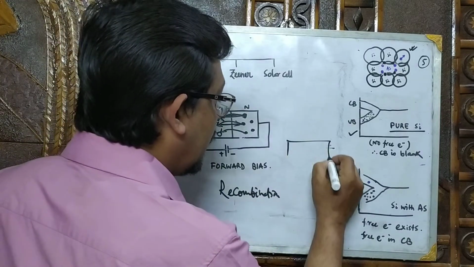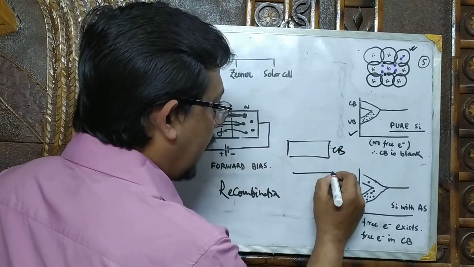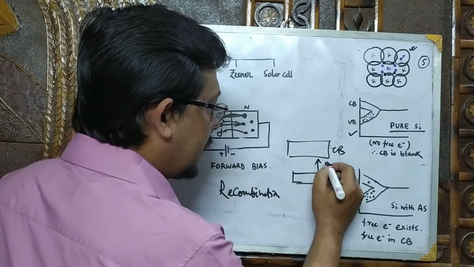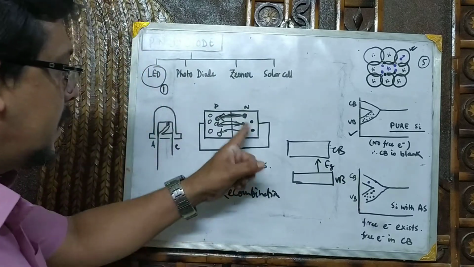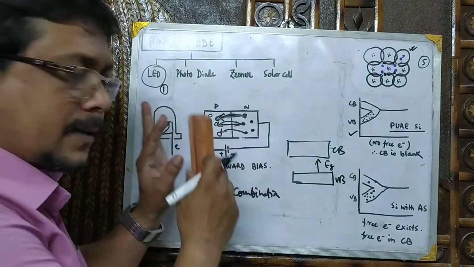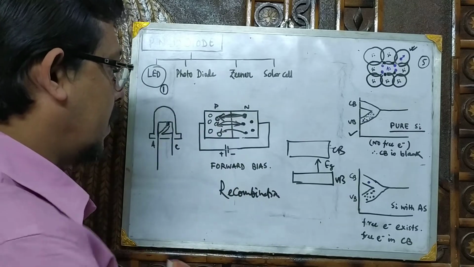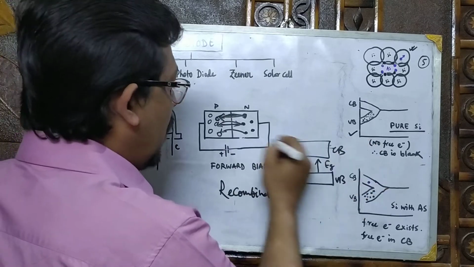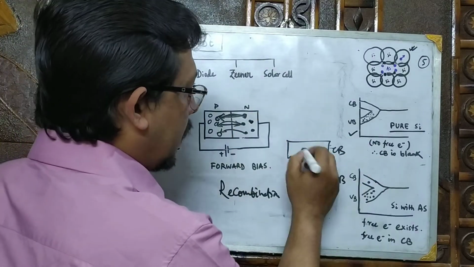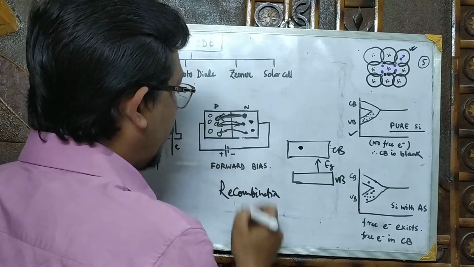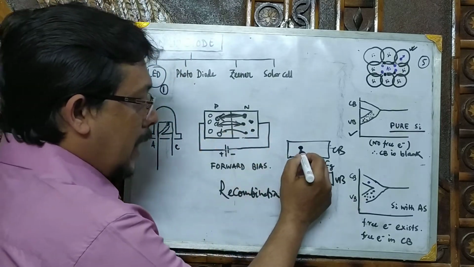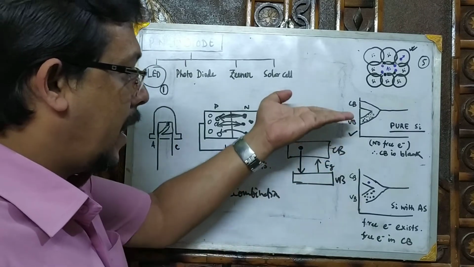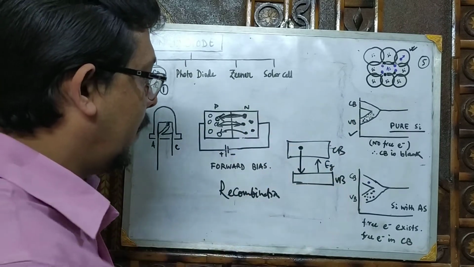If I draw this, suppose this is our conduction band and this is our valence band. There is one energy gap between them, suppose Eg. While this recombination is going on, it is just like a normal diode. Simply think about the PN junction diode, the same thing happens. When this recombination is going on, the electrons, the free electrons in the conduction band, to recombine with the holes, should come down to the valence band. So when an electron from the higher energy level comes back to the lower energy level, what will happen?